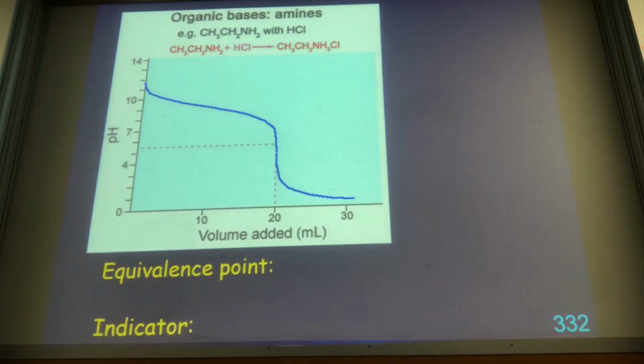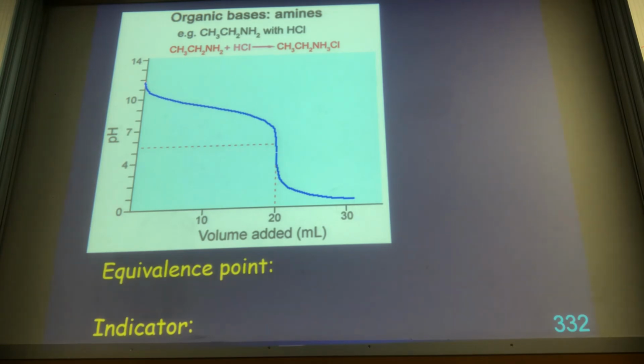Now we get a situation with organic bases. They are almost always amines. So we've got to titrate it with a strong acid. So we've got a weak base and a strong acid. Now, what do we see? We see a high pH to start off with. That means the base is in the conical flask, the acid is in the burette. And with the base in the conical flask being a weak base, we see a gradual, slow decrease in pH